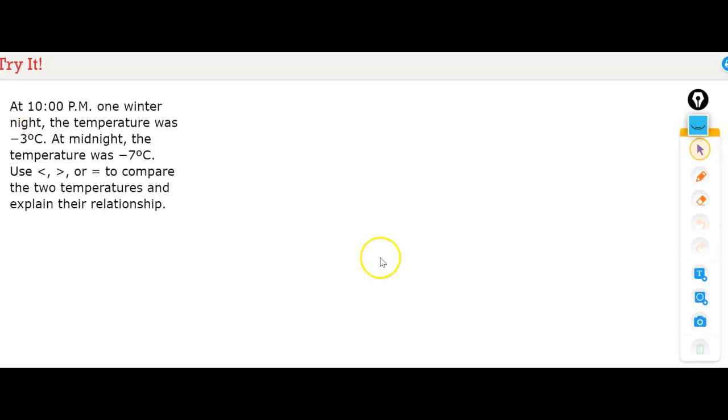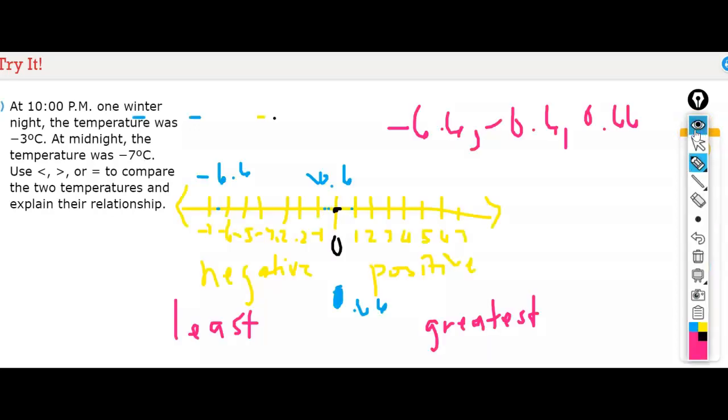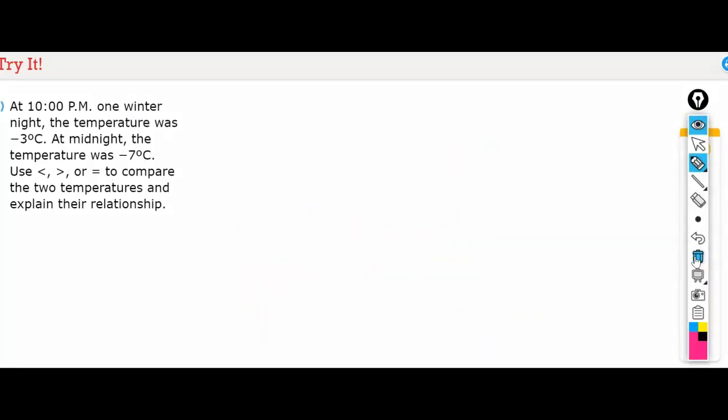At 10 p.m. one winter night, the temperature was negative 3 degrees Celsius. At midnight, the temperature was negative 7 degrees Celsius. Use less than, greater than, or equal to compare the two temperatures and explain their relationship. Okay, so we have negative 3 was the temperature at one point, and then negative 7 degrees is the temperature at midnight. So again, at that number line, if we draw a quick number line,